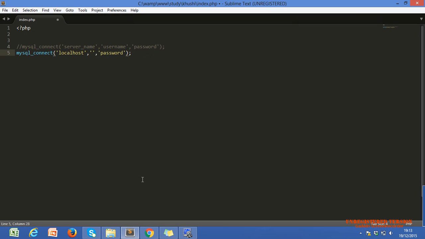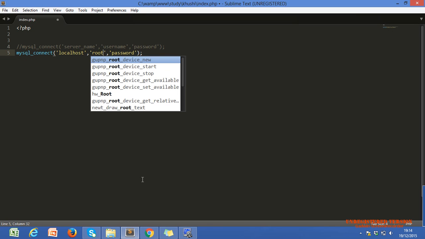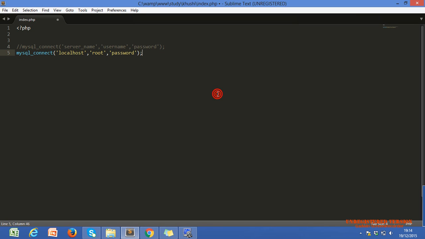If anybody sets a username and password on the server, then we need the username and the password here. By default we have to write a username, on localhost also. This is the default username for our local MySQL server. Every time you run your website with database connectivity on local, you have to write root, and password blank. If you didn't set anything, you just leave it blank, nothing, not even a space.